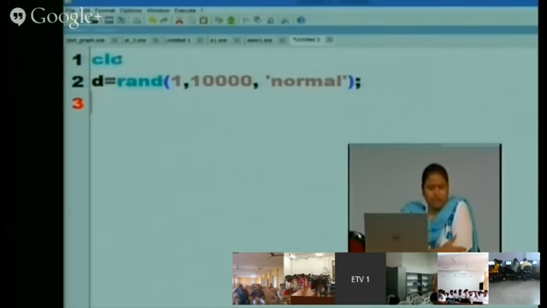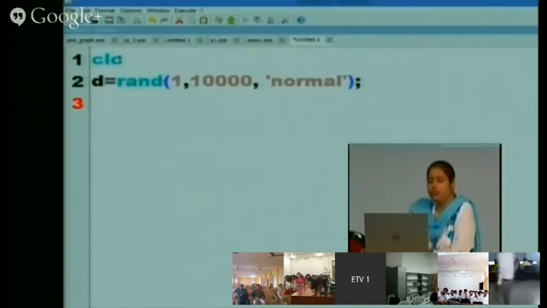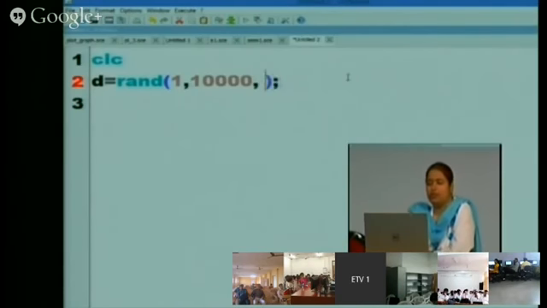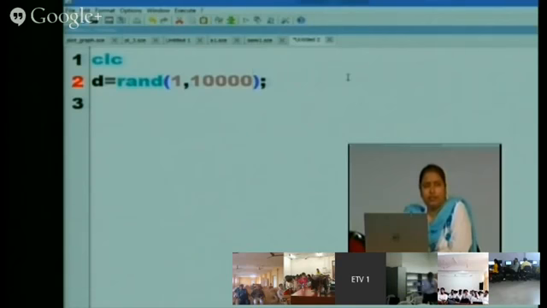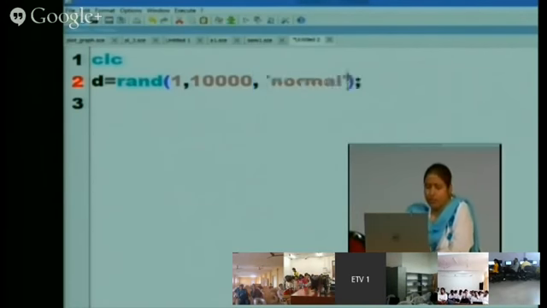Normal means the numbers which will be created will have the mean 0 and variance equal to 1. So you can also, by deleting this normal, random numbers will be created, but the range of these random numbers will be between 0 and 1. So using this normal, now the mean of all these numbers will be equal to 0 and the variance equal to 1.